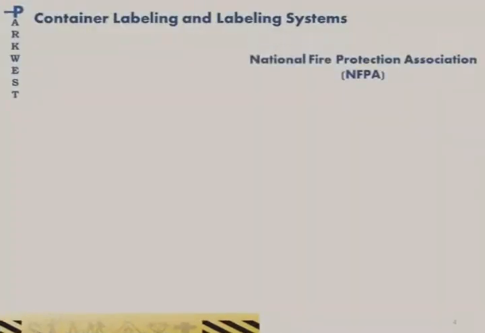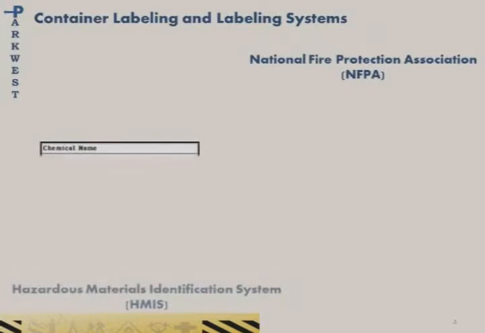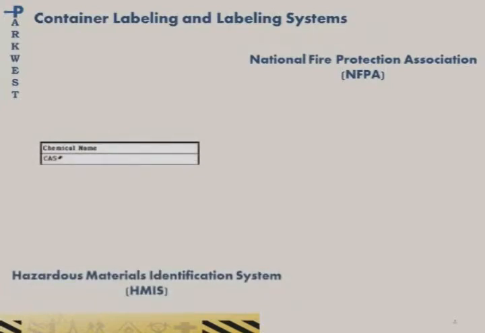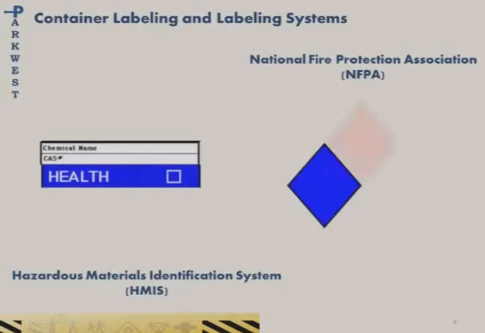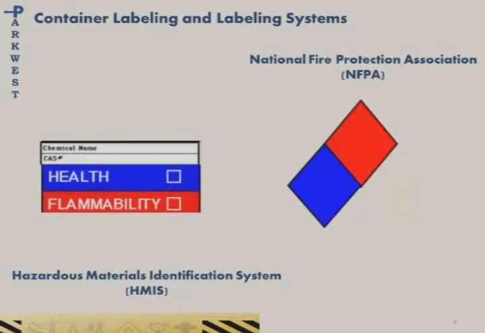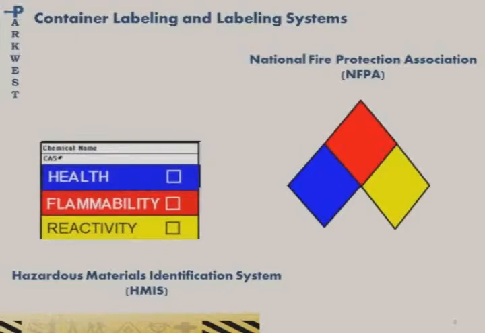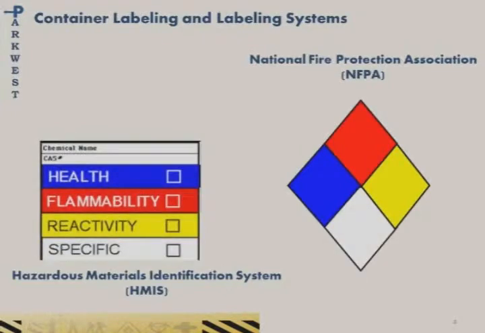The most common and widespread chemical labeling systems are the National Fire Protection Association Diamond and the Hazardous Materials Identification Systems. They use a combination of colors, numbers, and symbols to identify chemical hazards. The meanings of these colors are blue to indicate a health hazard, red to indicate a fire hazard, yellow to indicate radioactivity, white indicates a special hazard or need for protective equipment and may also have some type of a symbol or letter.